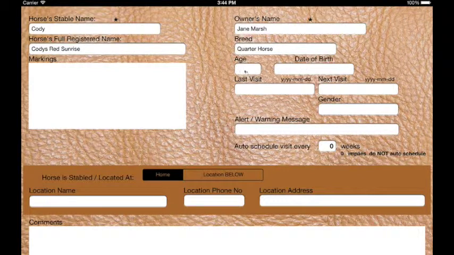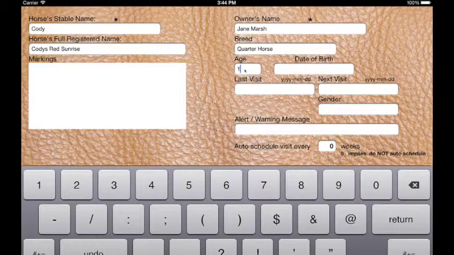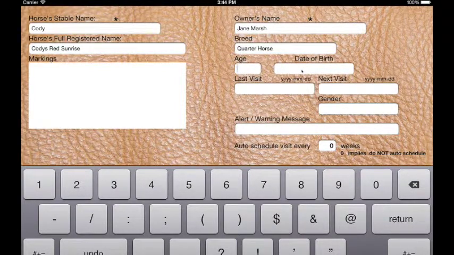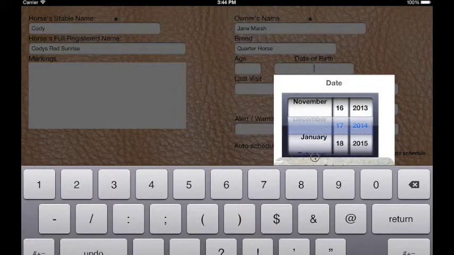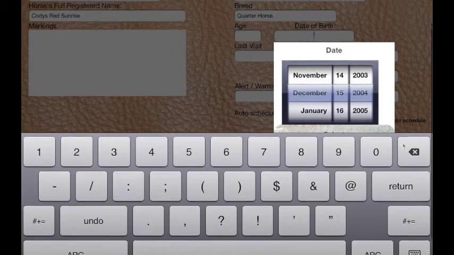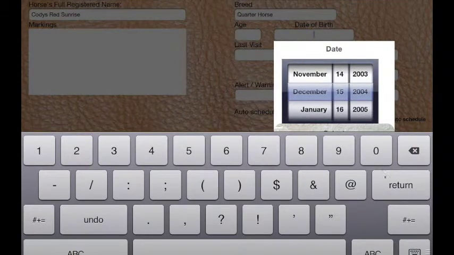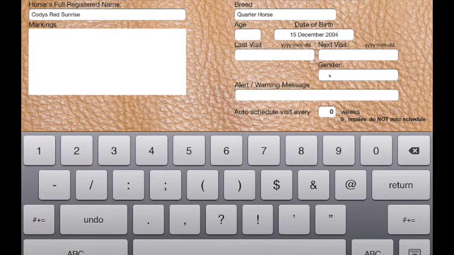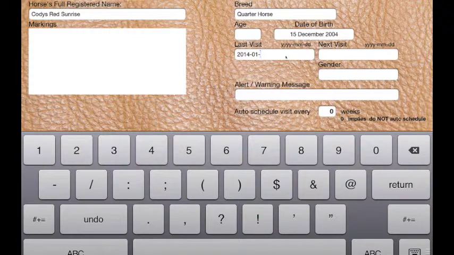You can enter the animal's age. You can either manually enter the animal's age in this field, or you can add a date of birth, and EEDS will adjust the animal's age with each year that passes. You can add the date of the last visit. Be sure to fill this out as year with all 4 digits, month with 2 digits, and day with 2 digits. You can also enter the date of the next visit,